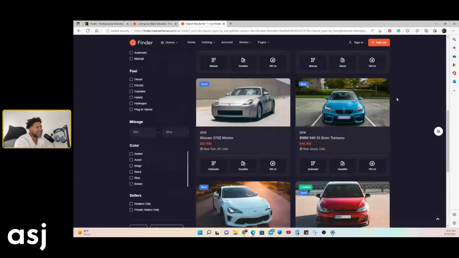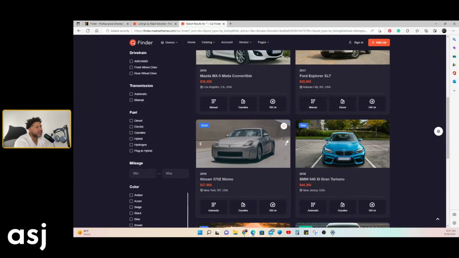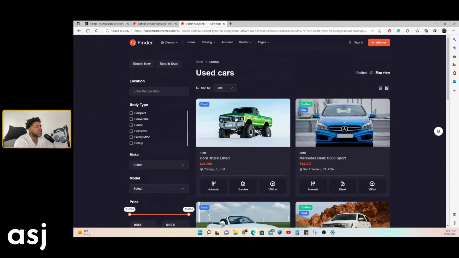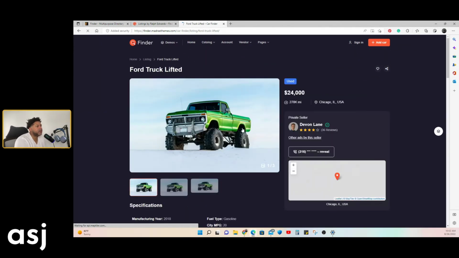But this is nice. I like the layout. I like how it's set up here. Get the slideshow, your filters right here. Let's check out one of the listings, see what it looks like for you guys. Here we go, which is nice. As you see, it's a totally different layout from the real estate one. Price here,